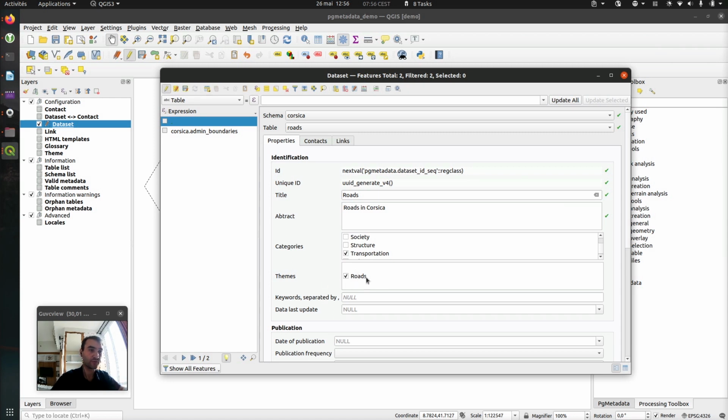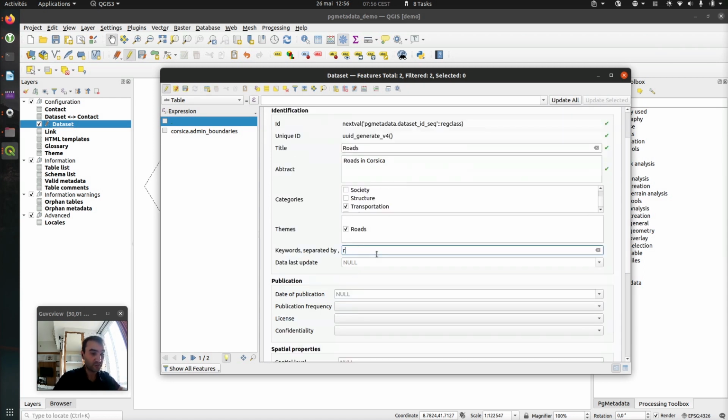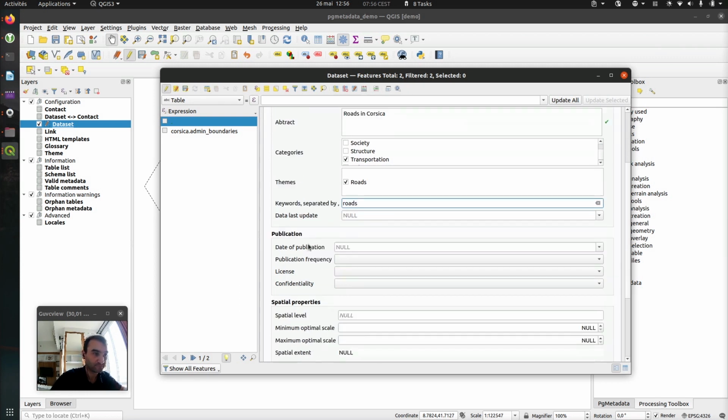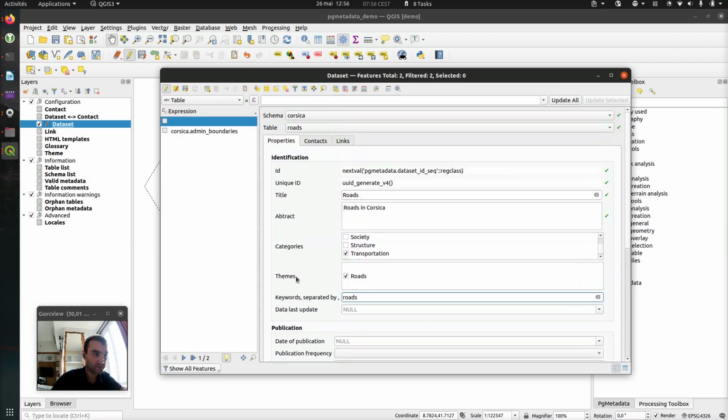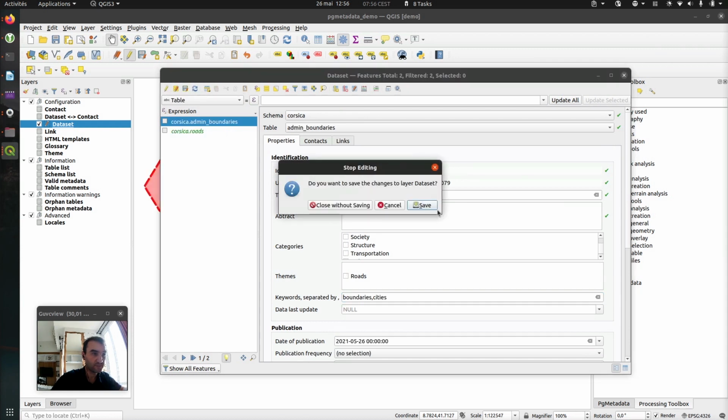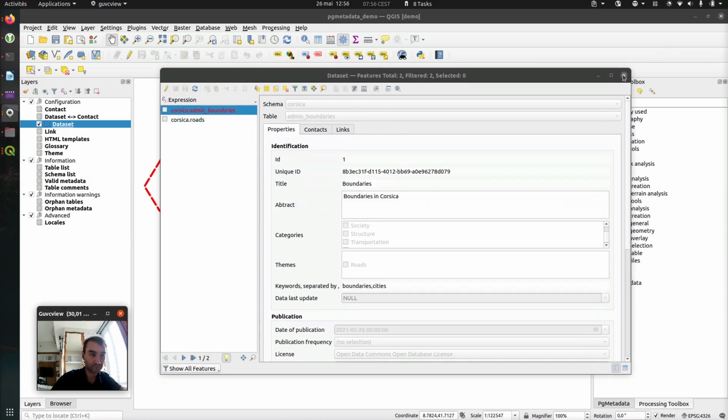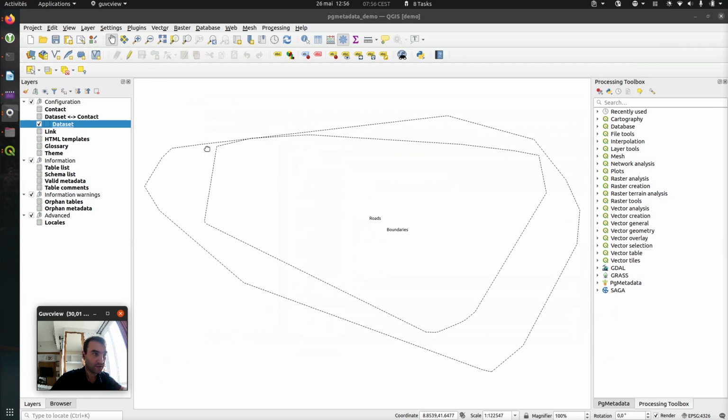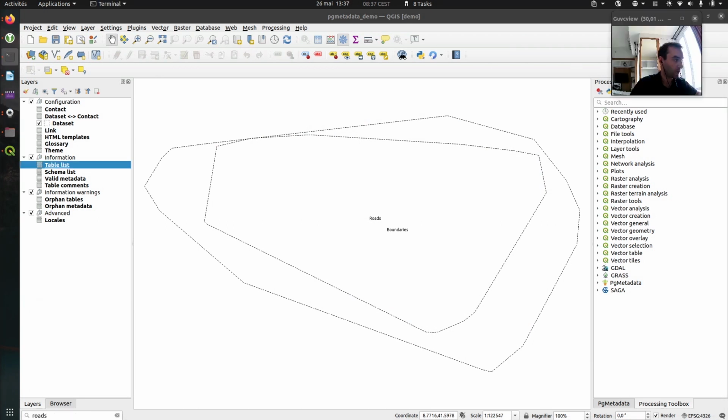You can set up your own list. And keywords, it's the same. You can choose to fill everything. Now I can leave editing mode, save. And now we see that we have a second polygon coming. That's my road layer. Okay, so now we added two layers in our dataset table, so we can see these two polygons which have